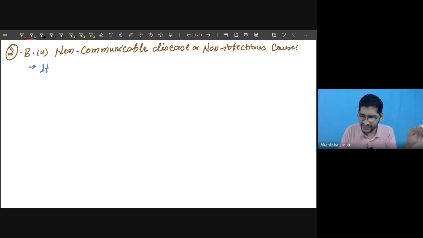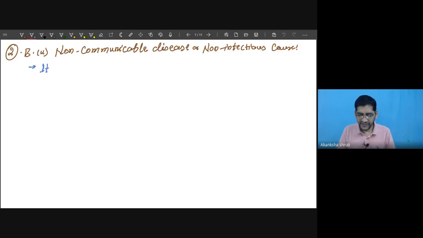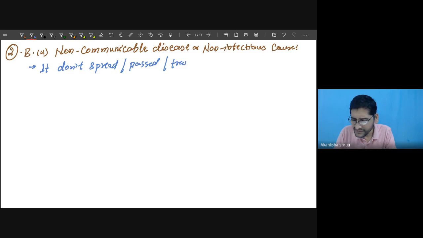Transmitted or spread, that we have written here. So passing, that is, spreading from one to another. But there are certain diseases which are not spreading, meaning they remain confined to the patient itself. So right, it does not spread, or it is not transmitted or passed